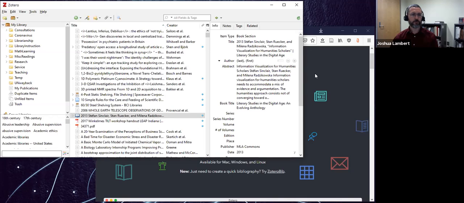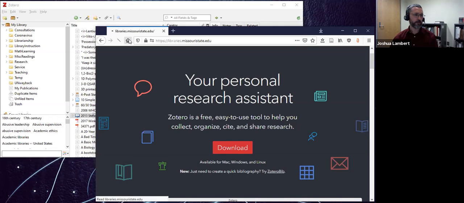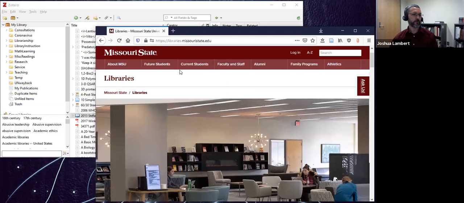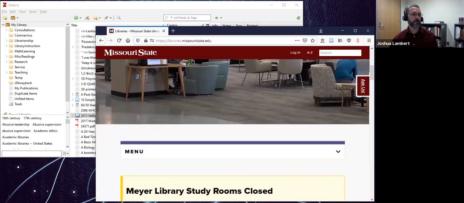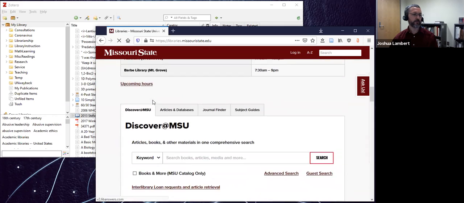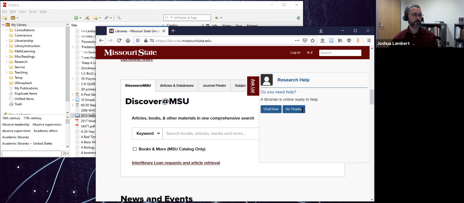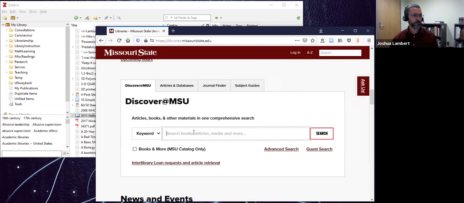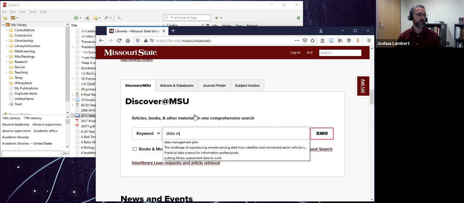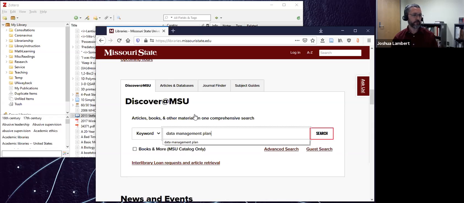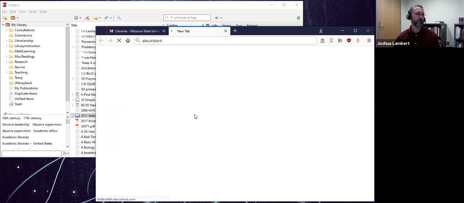So let's go to a browser. And because I'm a librarian, I'm going to go to the library's website and scroll down to our Discover at MSU search. And I'm going to say no thank you to chatting with my colleague. And I will type in a search query. And after I do this, then we can see how to get the information into Zotero. I'm going to type in data management plan,